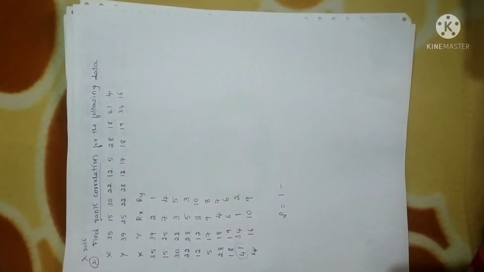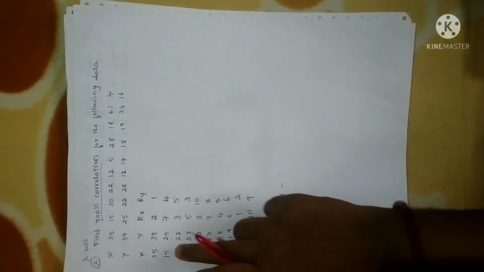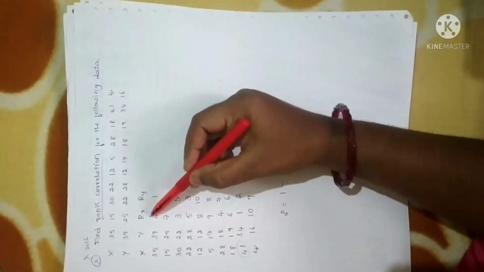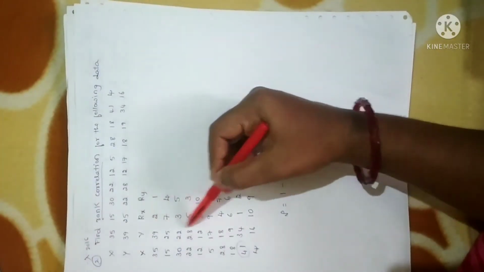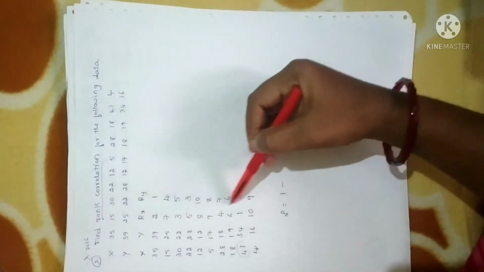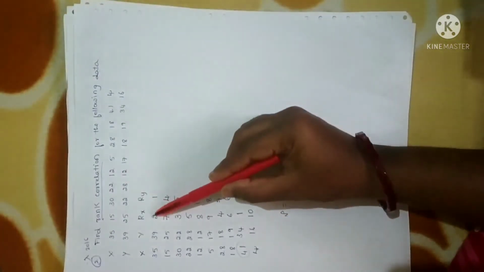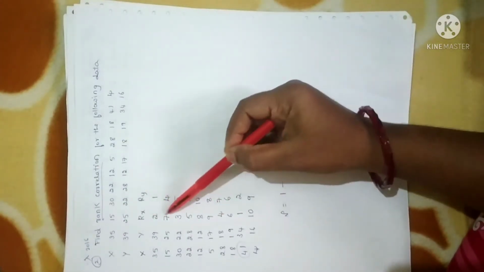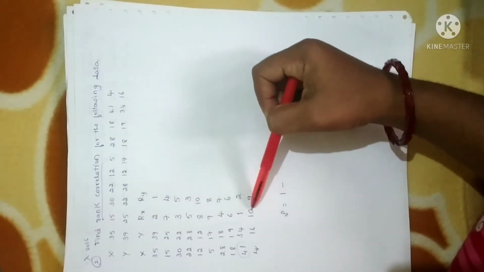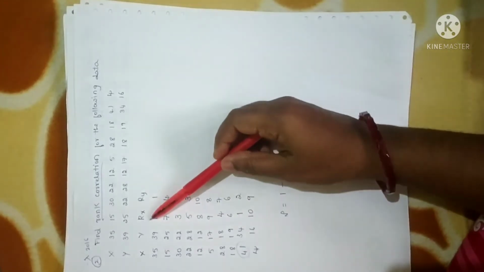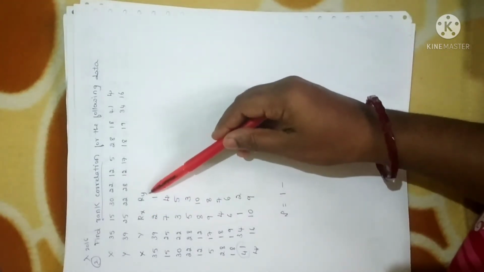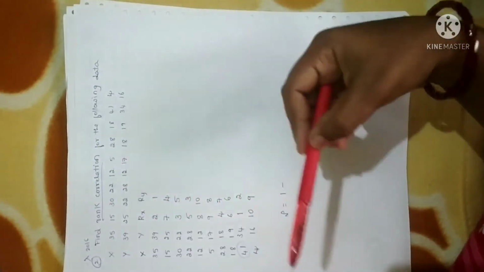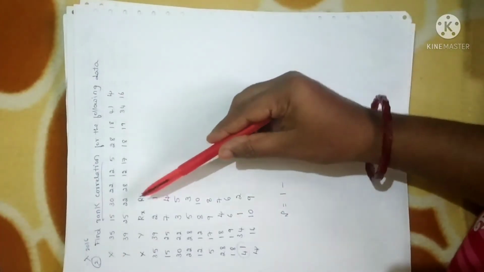Fine. Once you locate the ranks of given variables X and Y, you just check in a list Rx. Rx represents the rank of the X variable. Ry represents the rank of the Y variable. Now check the column Rx. Do we have any repeated rank in this particular column? Definitely no, we don't have any repeated rank in the Rx column. Now look at the Ry column. Do we have any repeated rank here? Definitely no, we don't have any repeated rank in Ry.